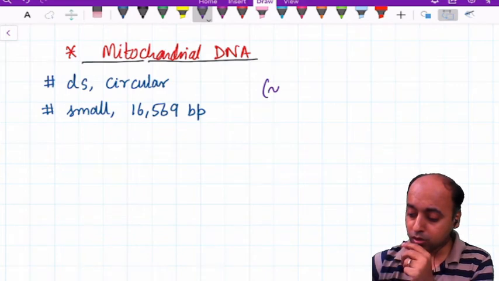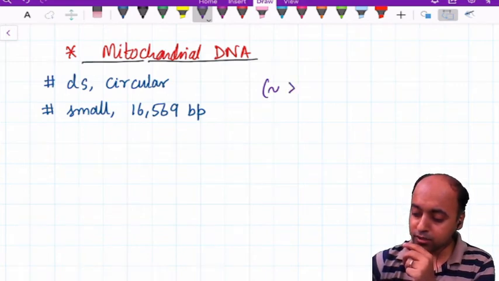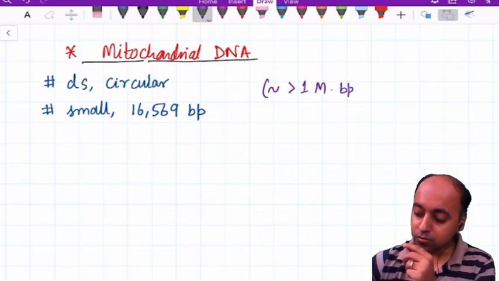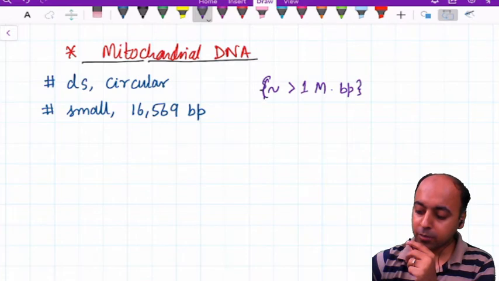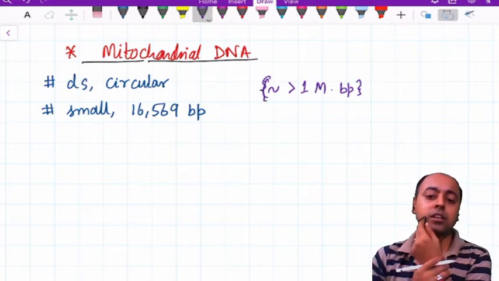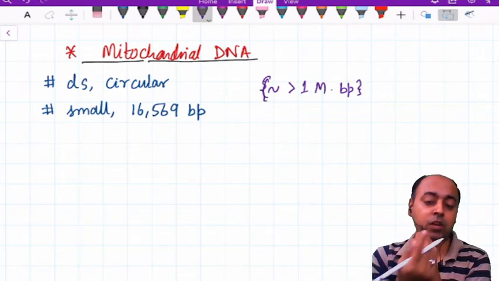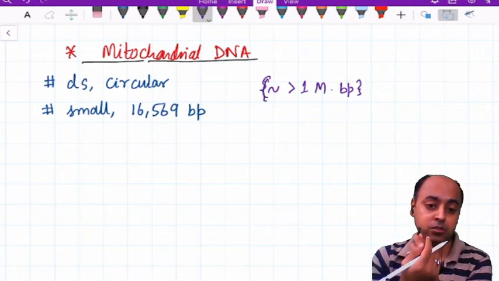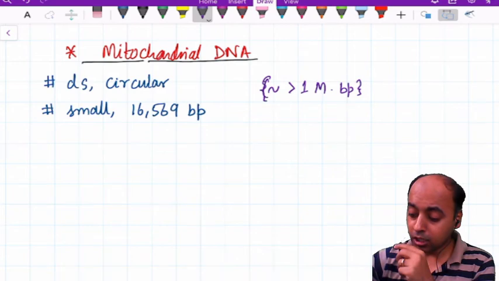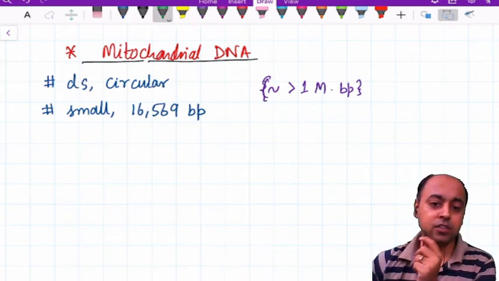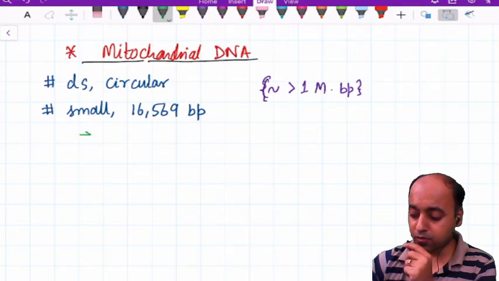This is very, very small in comparison to the nuclear DNA, which is always greater than at least 1 million base pairs. It can run even up to 100 million base pairs. Chromosome number 1 can have 100 million base pairs. Now, within these 16569 base pairs, we find